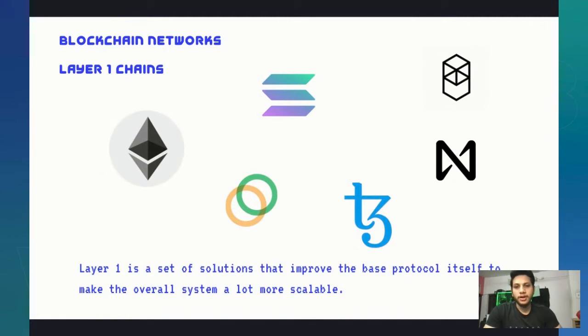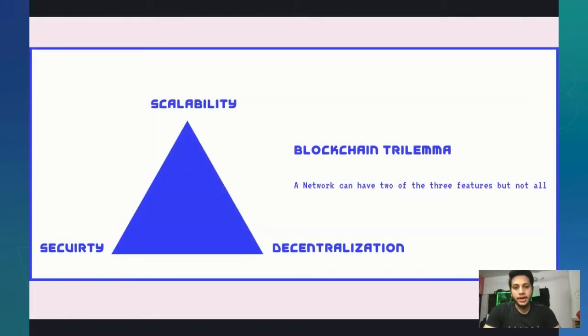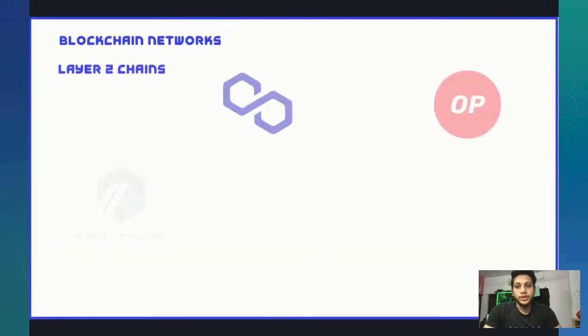So all this plays a very large role in building more and better DApps, which are very specific to the use case, and that's where they have built a great ecosystem around themselves. And there is no one winner, I guess, because all of them have limitations and all of them have different features. But obviously, there are some limitations to all these layer one blockchains, which is popularly known as the blockchain trilemma, which simply says that you can have any two of these, scalability, decentralization, or security, but not all of them. Of course, some blockchains like Solana are trying to solve it, but there are also layer two solutions which try to solve it initially.